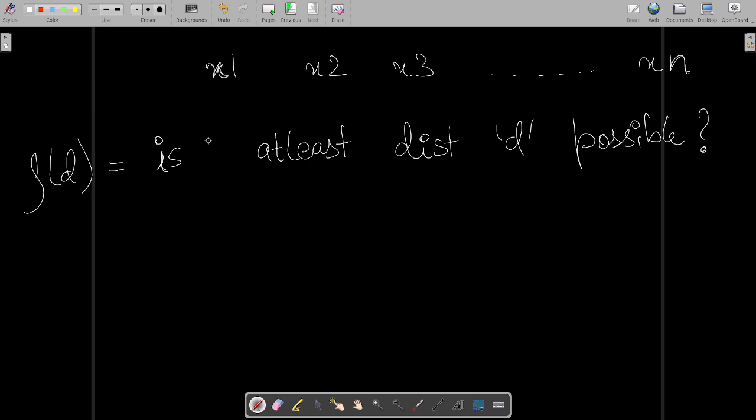So to find the maximum distance, you start with whatever the maximum minimum can be. The maximum distance can be the distance between x1 and xn, if you're just putting 2 cows. Let's say that distance is 10 raised to the power 6, and the smallest distance you can put is 1, since you cannot put 2 cows in the same stall. Now you take the mid of these